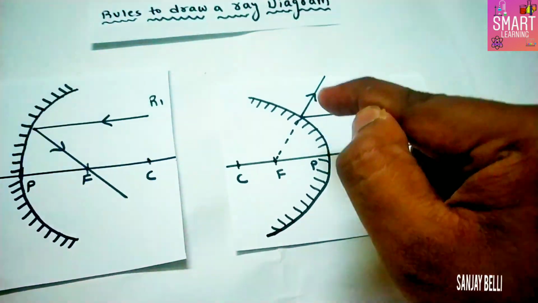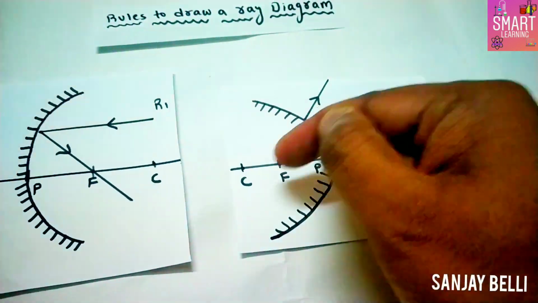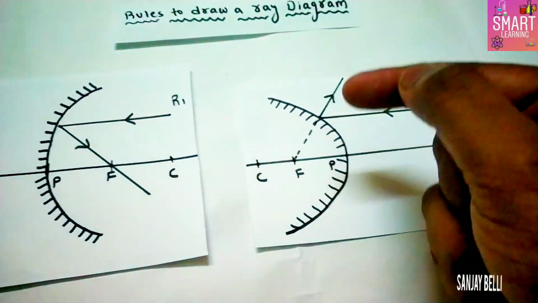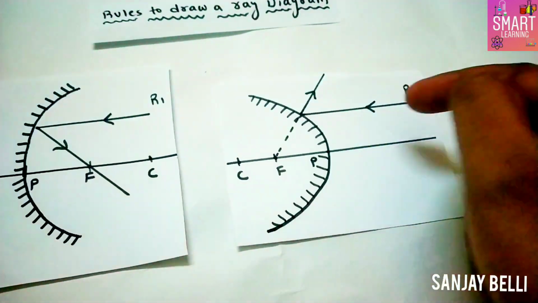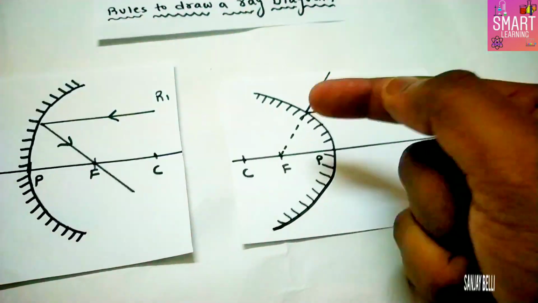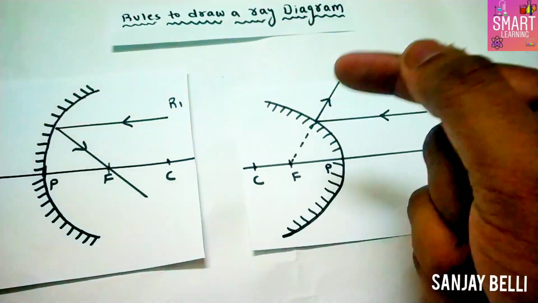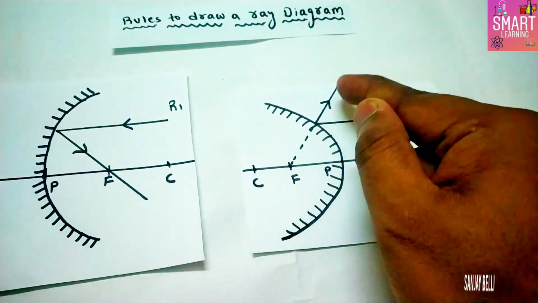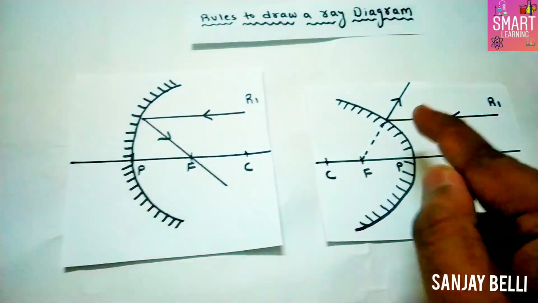It is a mirror. It should reflect, but it should not pass inside. Because when we pass light to the mirror, the light ray should get reflected. Now you are passing light parallel to the principal axis, so the ray should get reflected. So in case of a convex mirror, the reflected ray appears to be coming from the focal point. Okay, so this is your rule 1.